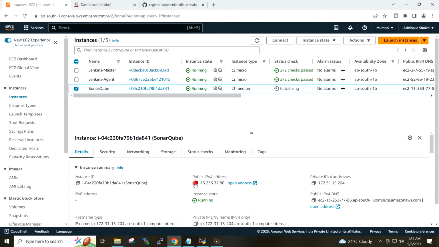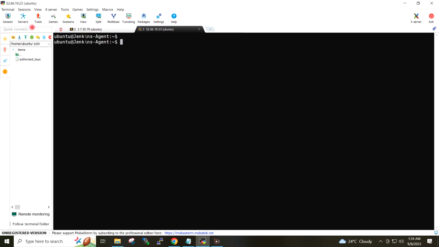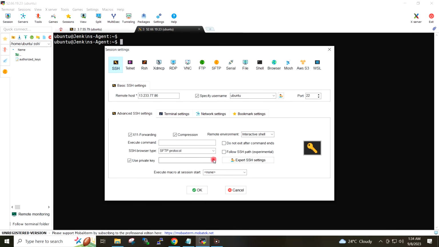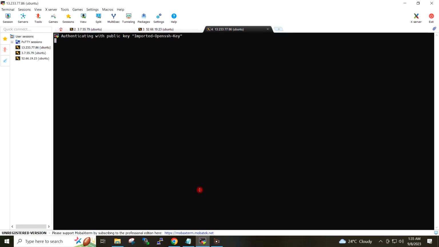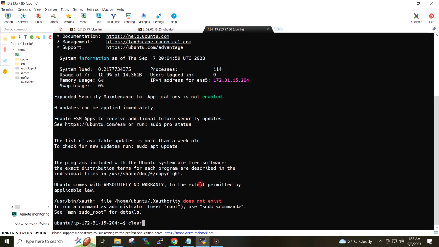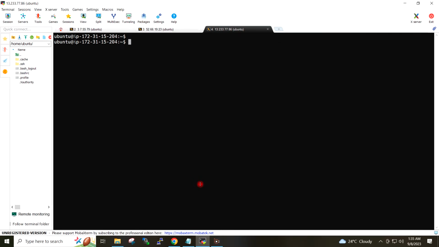I will copy the public IP of the virtual machine and I will access it from my local system. First of all, I will update the package repository.